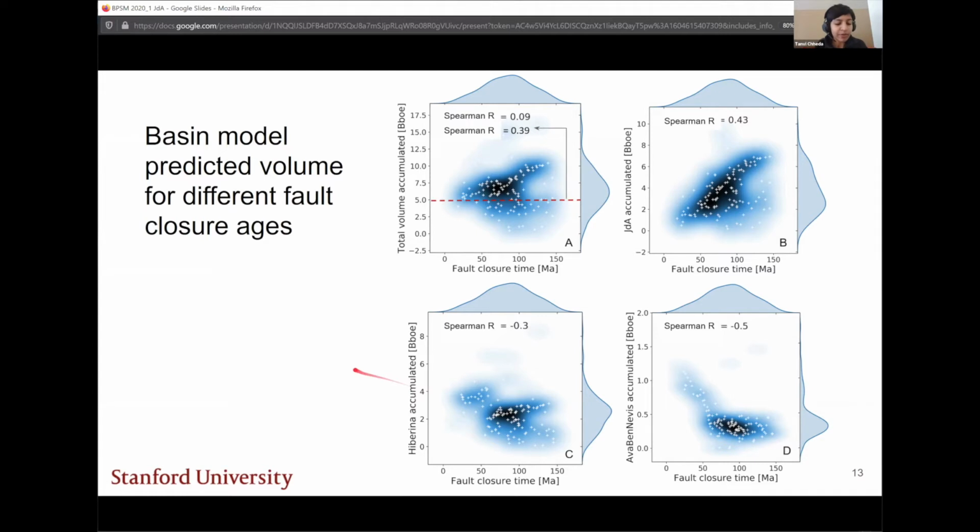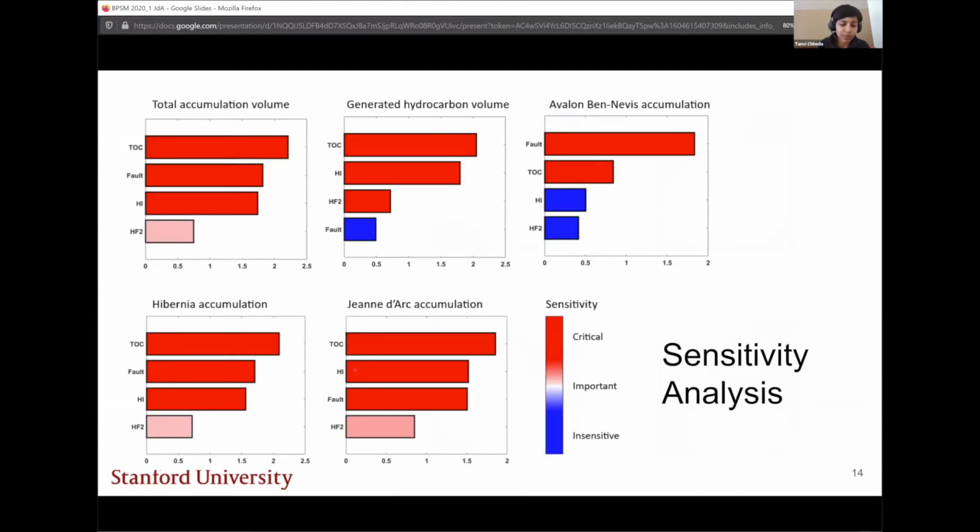And also when we perform distance-based global sensitivity analysis, we noticed that some accumulations are very sensitive to the timing of fault closure, while say a parameter like generated hydrocarbon volume is insensitive to the age of fault closure, as expected, and is mostly affected by total organic carbon and hydrogen index, sorry. So the takeaways from this part are that modeling time-changing fault behavior was very important in this